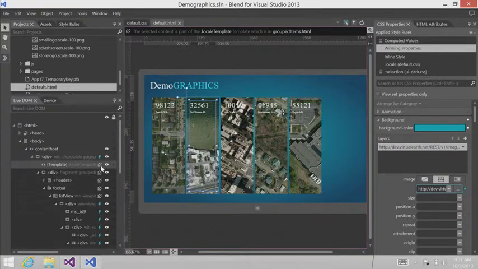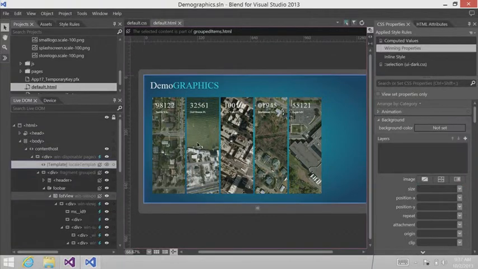What that's saying is that this particular object comes from a fragment page. In fact, you can see here as I select one of these objects, I've got a little purple border around my design surface, and it tells me the selected content is part of grouped items.html. So even though I'm within the context of default.html, I'm able to reach into the document and edit a completely